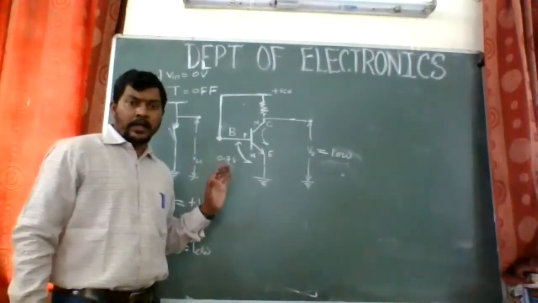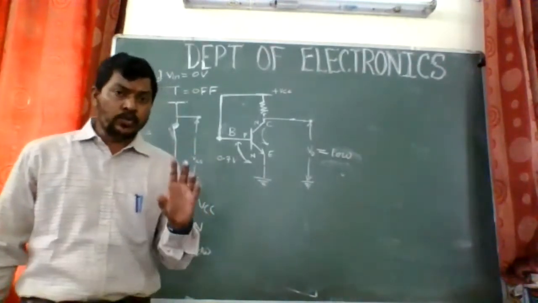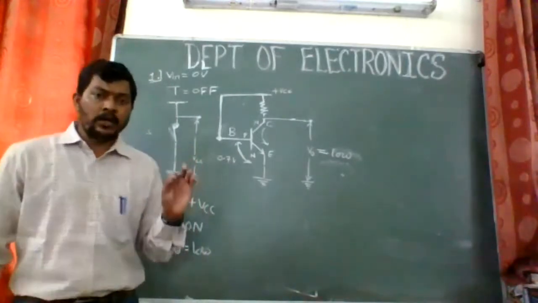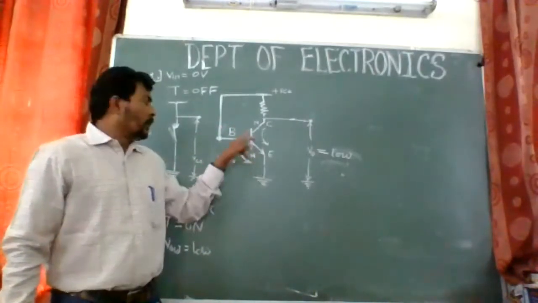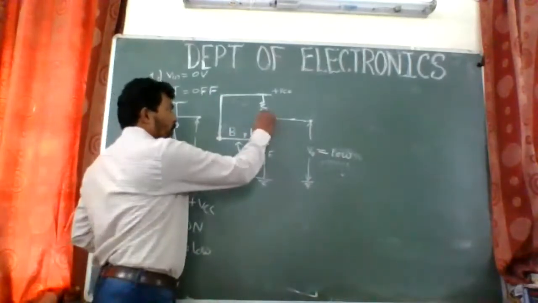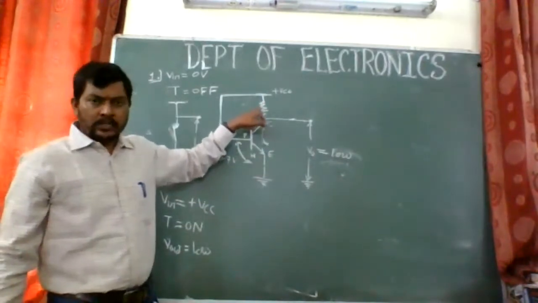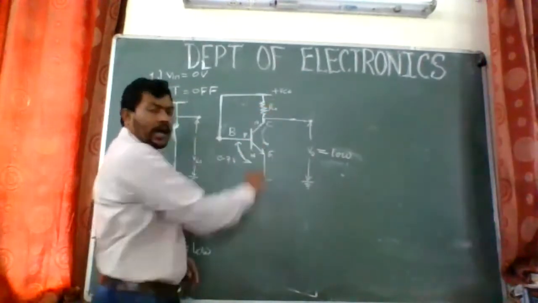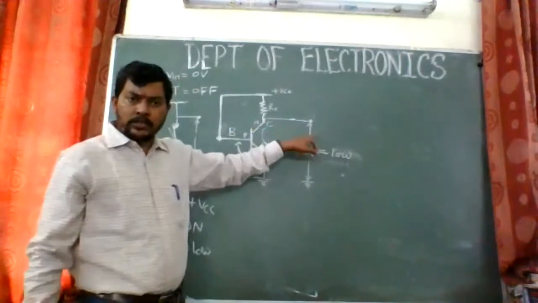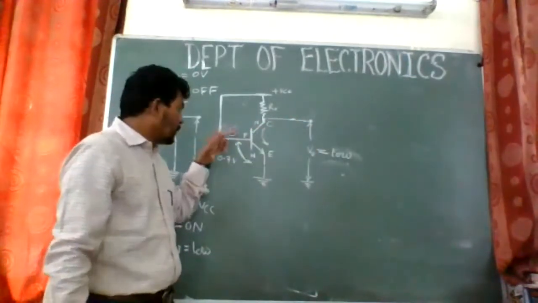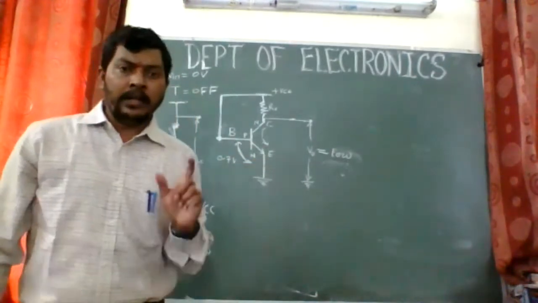So again I will repeat it for you. First, we are trying to learn the transistor as a switch, right? For that we have used an NPN transistor. We have connected the positive supply to the collector through this resistance, which we call the load resistance or RC. The output is taken across the collector, the input is given to the base, and the emitter is common grounded. So we call this configuration the common emitter configuration.